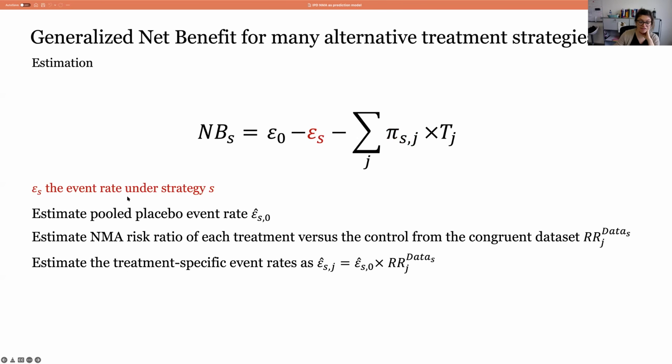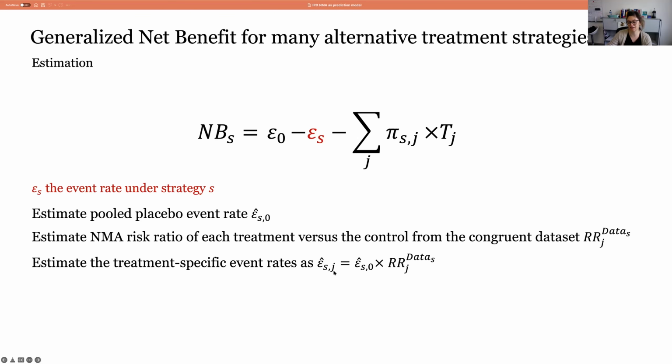Epsilon S is the event rate under strategy S. We first need to estimate the pooled placebo event rate, and then we estimate the network meta-analysis risk ratio of each treatment versus the control, so placebo in that case, from the congruent data set. So again, we use the congruent data set under treatment and under strategy S to get the risk ratio, and then we estimate the treatment-specific event rate